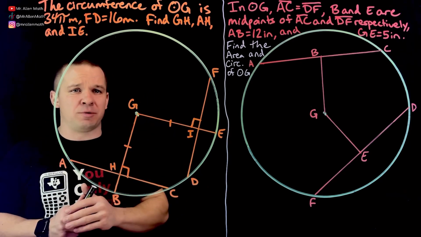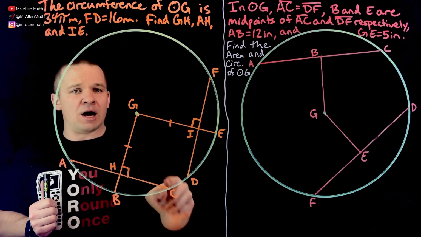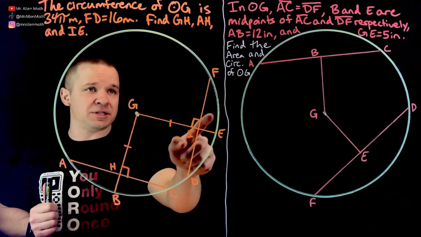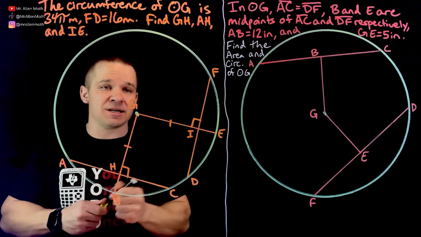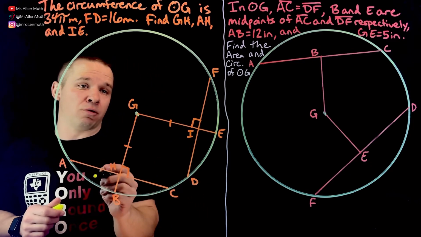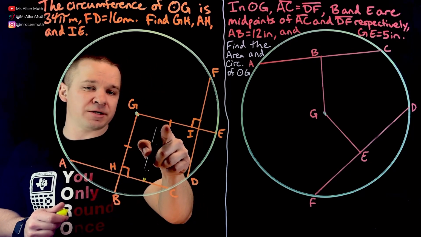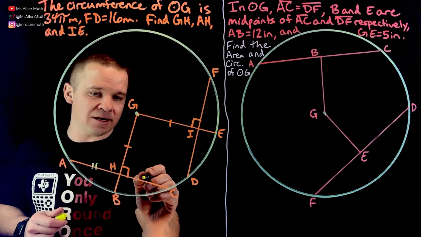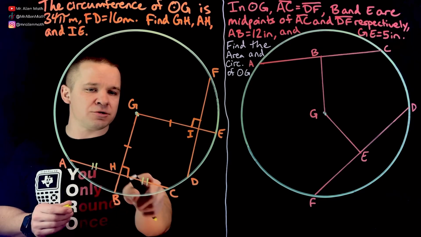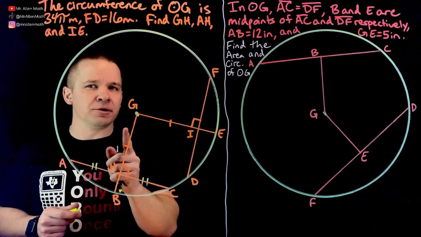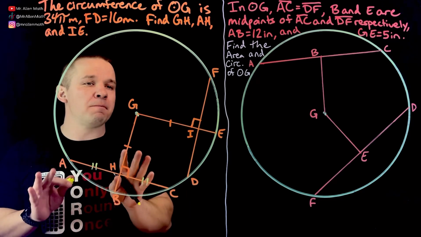Let's analyze the situation. We currently have radii drawn that are perpendicular to these chords. Well, that means that those radii bisect the chords. Now, I've already used these marks here, so I'm going to mark this and this. All right, so these two are congruent. These two are also congruent, but before I mark them,